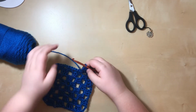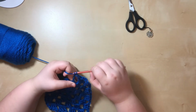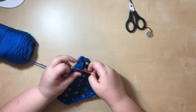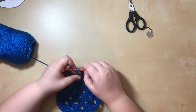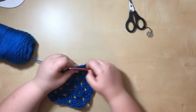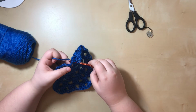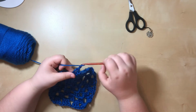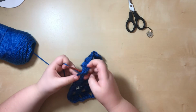Then you're going to chain, 3 double crochets, and then 2, 3, chain, double crochet, times 3, chain into your next corner. You're going to do 3 double crochets,